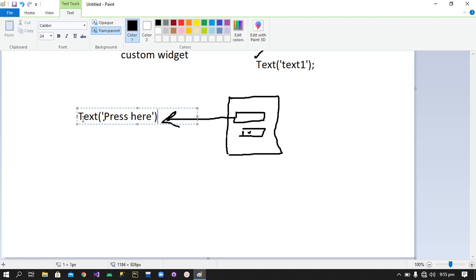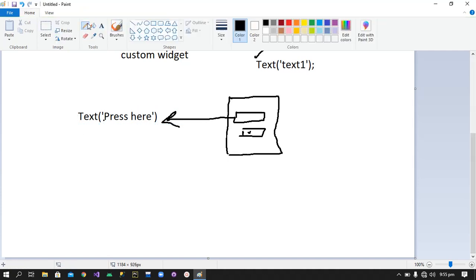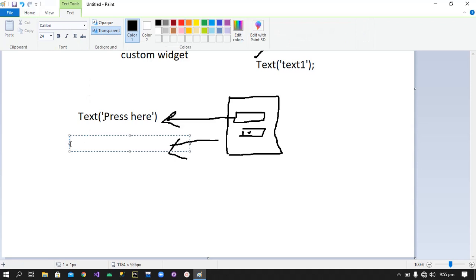Okay, so this is the text widget, and after that we have to create a button widget as well. For that I will write the button widget, Button, and in this I will write my text. For that I will write child, and inside the child I will have to provide my text widget.